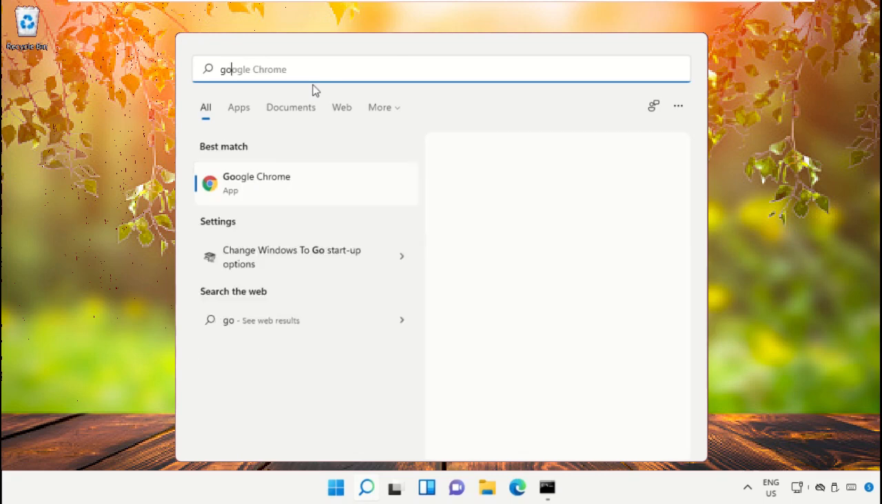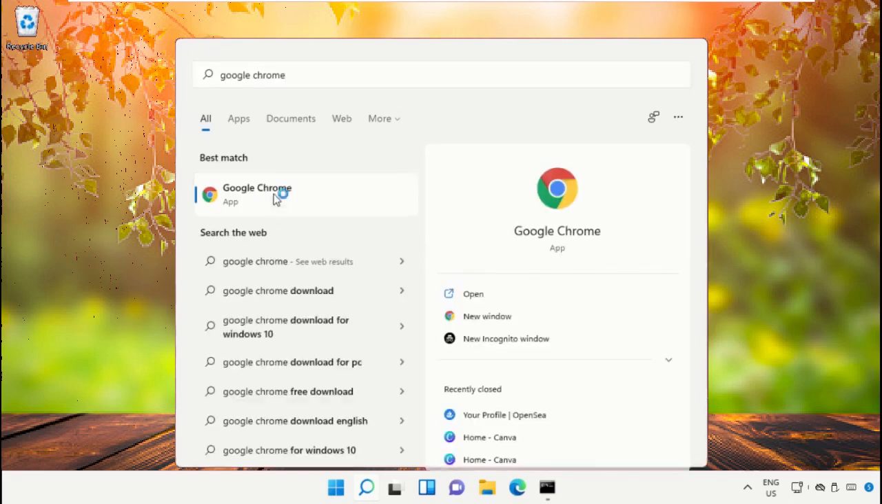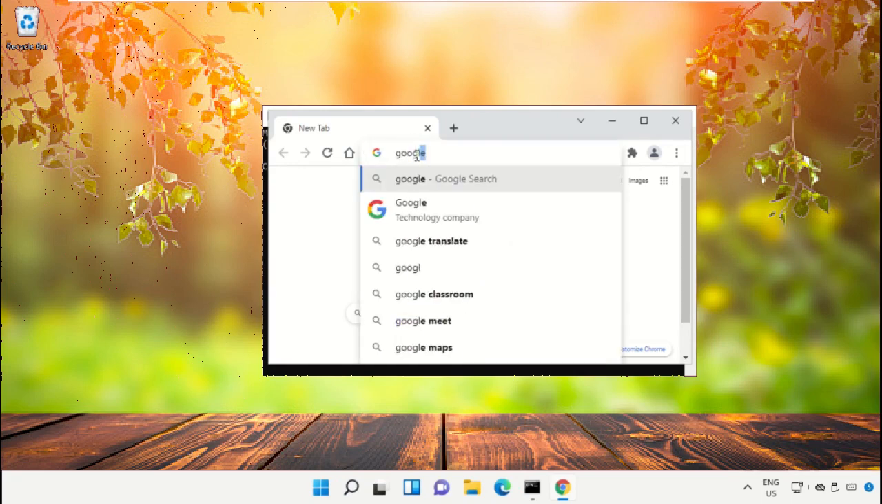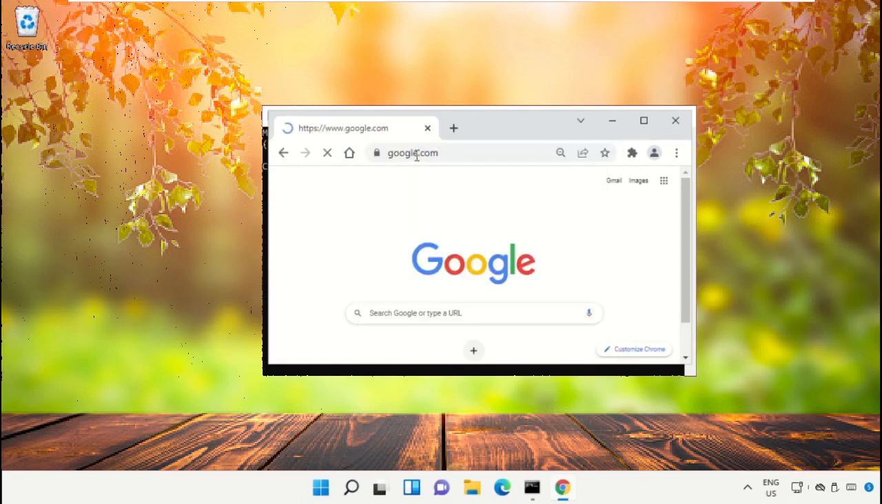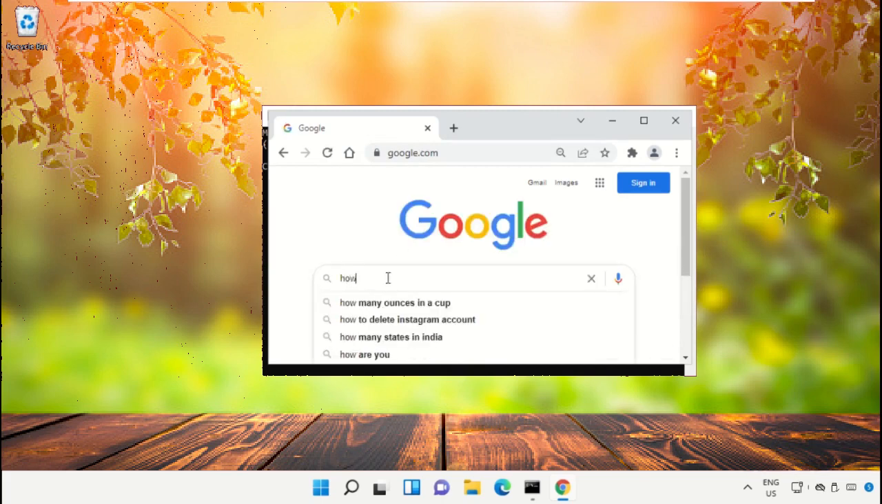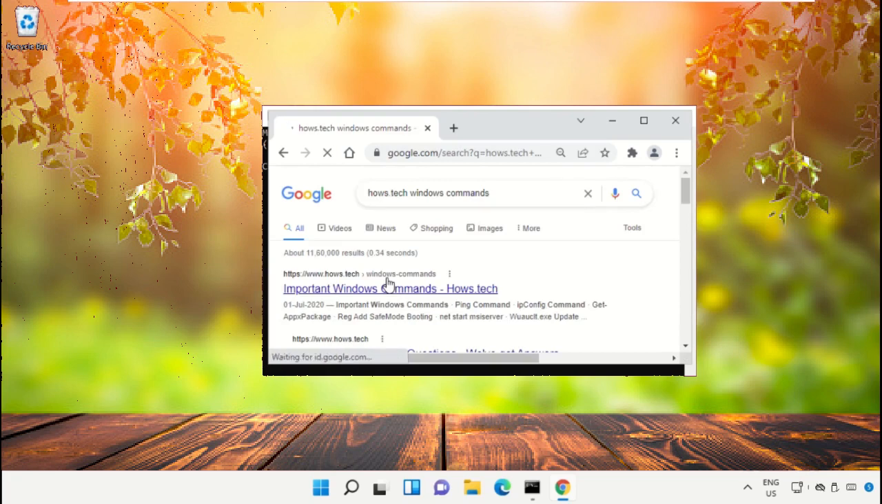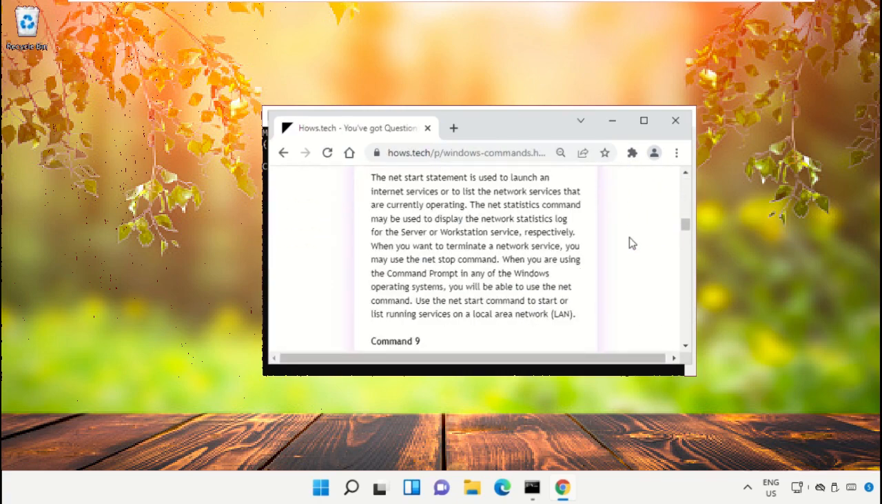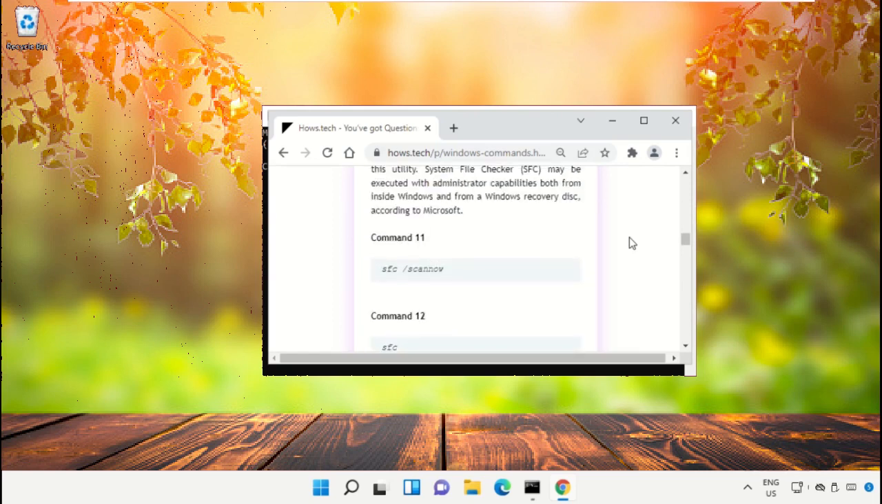For that, open Google Chrome and then in the search bar type google.com and hit enter. Then in the search bar type hows.tech Windows commands and hit enter. Now from the search results, click on this link which is from www.hows.tech and then just scroll down and search for command number 12